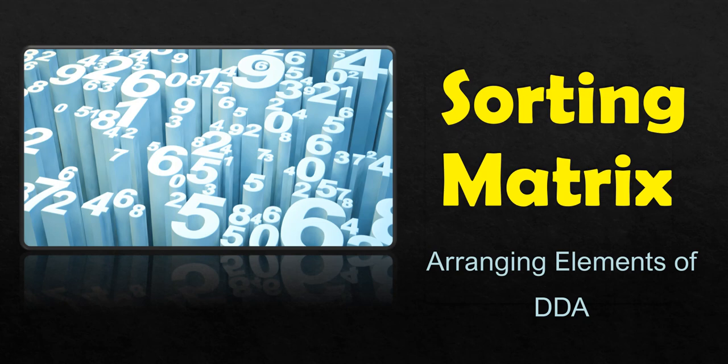The questions may differ in different years, like sorting row wise, sorting the boundary elements, sorting the non-boundary elements, sorting the diagonals, cross diagonals. So for all that, the main basic thing is sorting. So you should know the technique of how to sort a double dimensional array. In this video, we are going to show a program example in Java, how to sort the elements of a matrix.